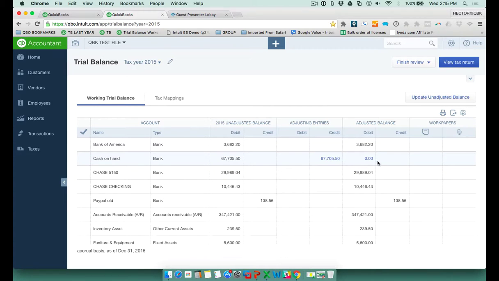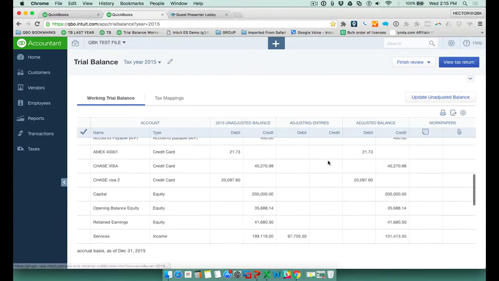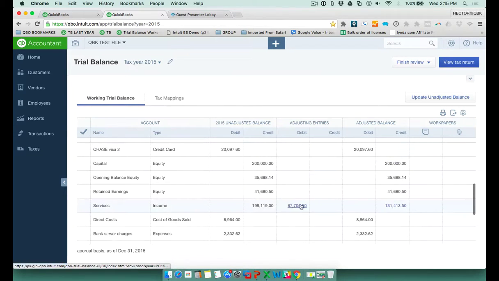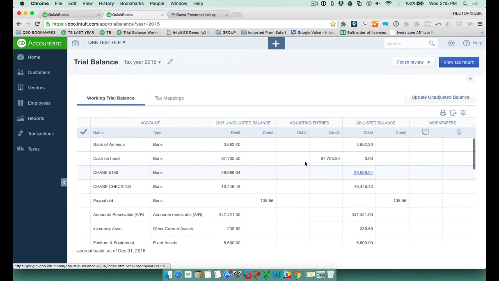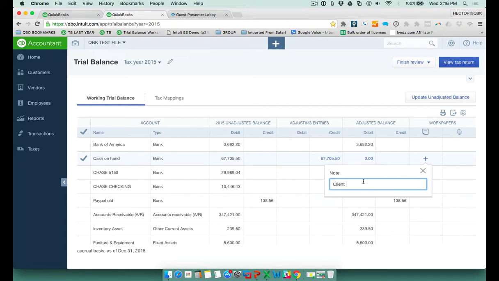Anyway, so now we see that our adjusting journal entry shows up under the right column where it's supposed to. Our adjusted balance is not marked in blue anymore, letting you know that those adjustments were made correctly through the adjusting portion. I'm going to see the debit here, adjusting my income account, and then I finally get to see my last income account. I'm going to go ahead and put a check mark on that one, letting myself know that that has been